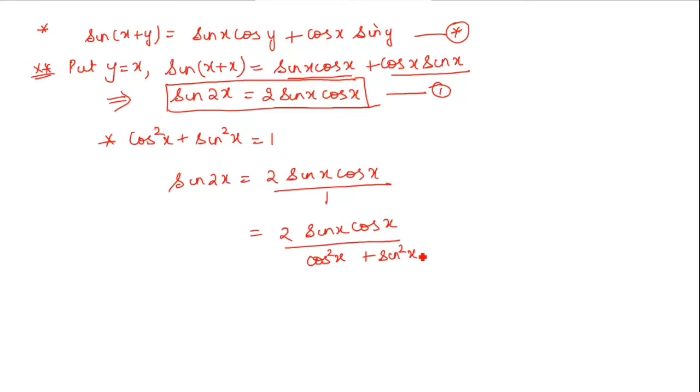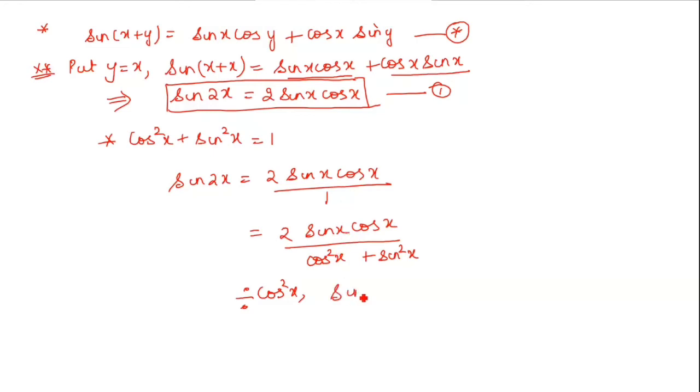Okay, cos square x plus sin square x. Now what we will do, we will divide the terms by cos square x. Okay, so I divide by cos square x. So now look what happens. Okay, there is no plus sign here. Remember, there is no plus sign, whereas in the previous cos 2x you had a plus sign or a minus sign. So you had to divide 4 times, 2 in the numerator, 2 in the denominator. But in the denominator here you have plus sign, but in the numerator it is multiplication sign. You have to be a little careful.